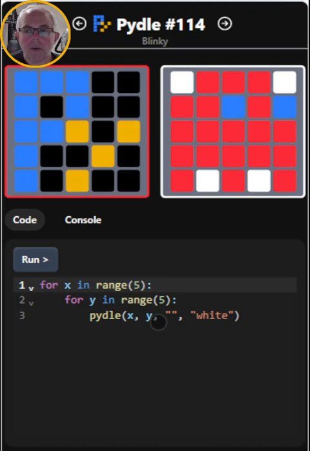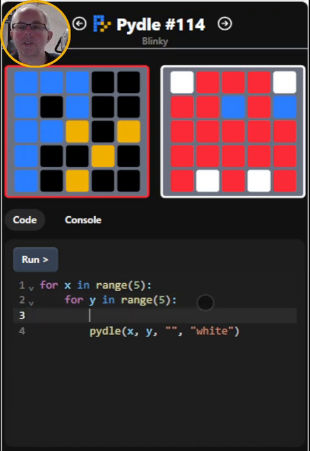So yeah, we're going to start with our two loops. Let's focus on the white pixels first. If you eliminate the whites and then the blues, then we can just color in the rest as red. So what would be the if condition for the white pixels? So if we need y equals 0, and